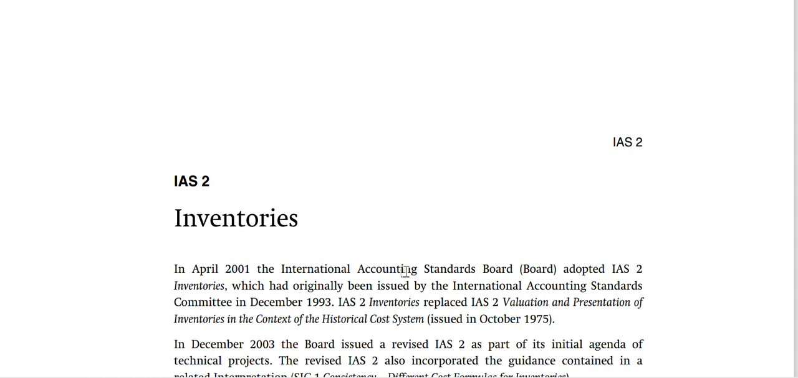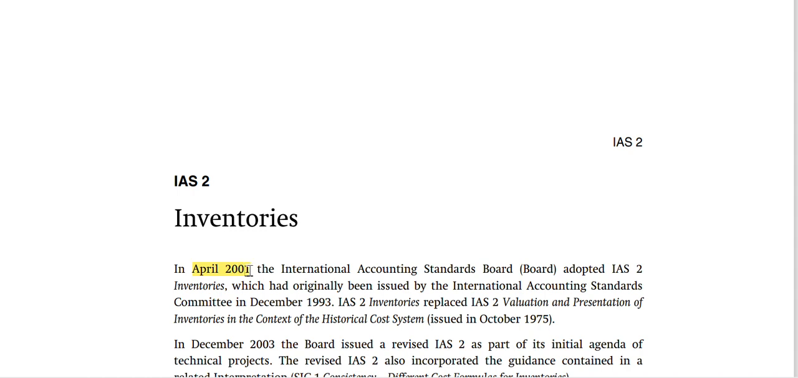Now let's just look together. In April 2001, the International Accounting Standards Board adopted International Accounting Standard 2 Inventories, which had originally been issued by the International Accounting Standards Committee in December 1993. International Accounting Standard 2 Inventories replaced International Accounting Standard 2 Valuation and Presentation of Inventories in the Context of the Historical Cost System. So what is important as you say this, you know that the adoption was as from